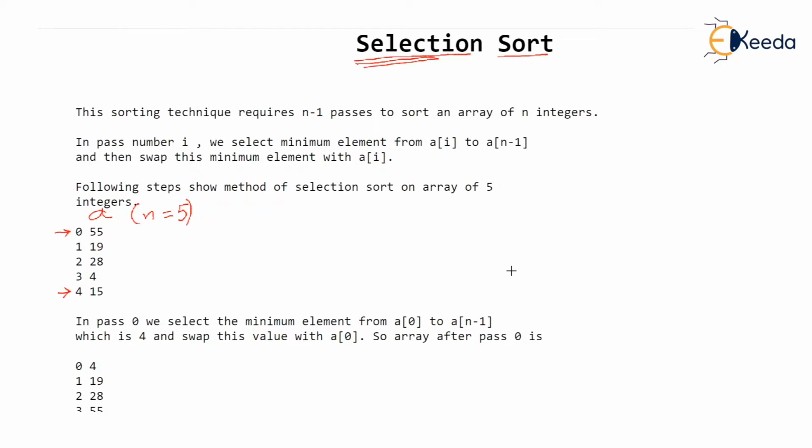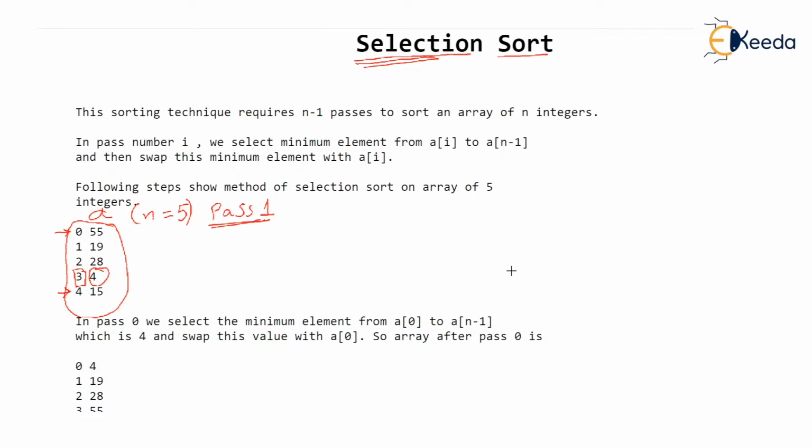Now what we do in pass number 1, let's see. You have seen the earlier video of bubble sort and you know what you mean by pass. In fact, pass is nothing but steps. So in pass 1, we check the entire array and we select, that's the word, we select minimum value from this array. Now minimum value in this array is 4 and it is placed at third location, isn't it?